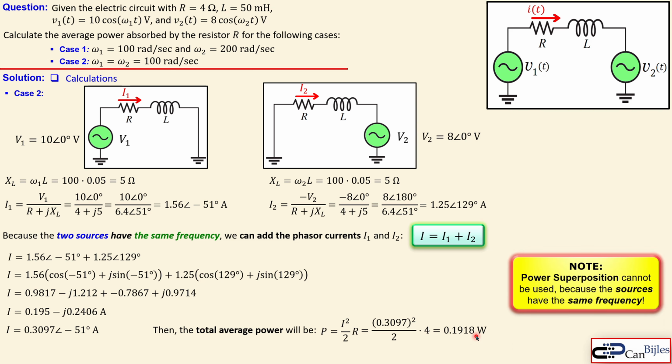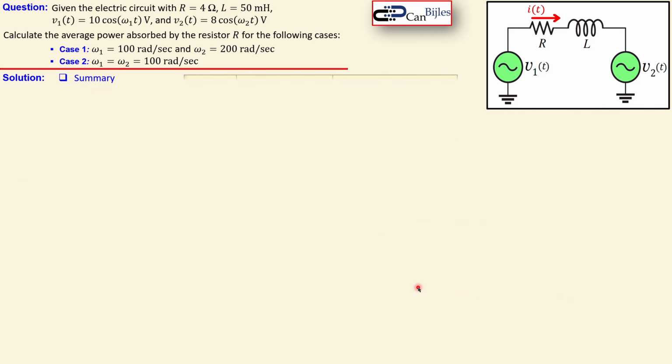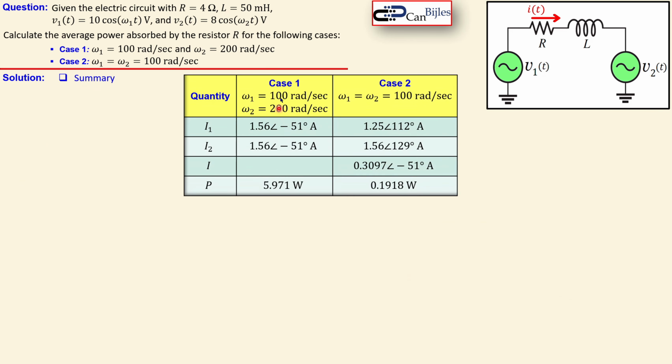Okay, now again here we cannot use the superposition principle in the power domain, so the power superposition principle is not allowed, because the two sources have the same frequency. That is the main difference between case 1 and case 2. We can see here the results, case 1 with 2 different frequencies and case 2 with the same frequency, and